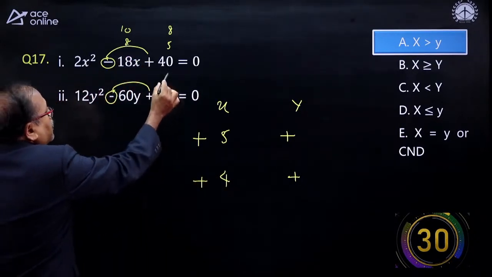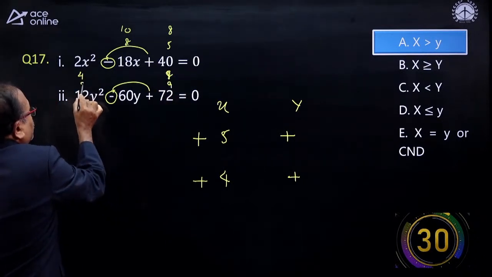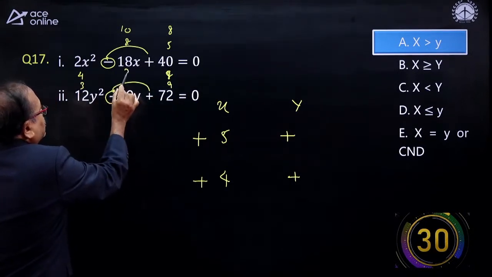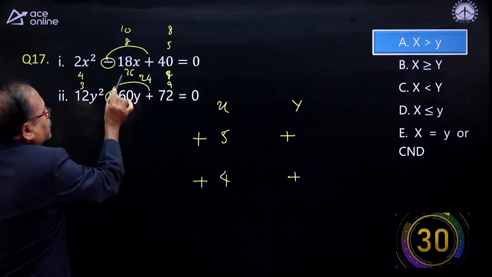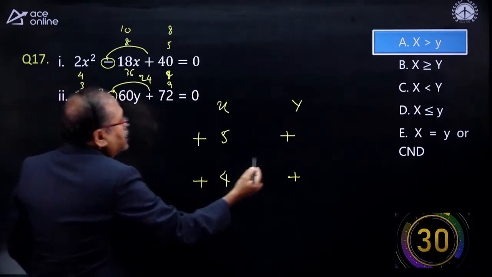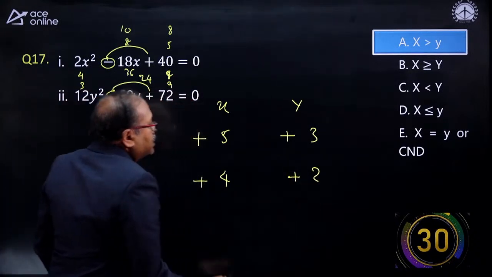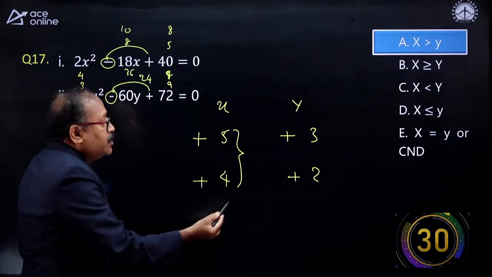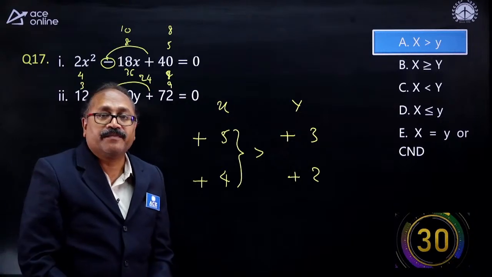Now, here what happens, can I write this as 8 and 9, and here 12, 4 and 3. So look at this part. 4 times 9 is 36 and 3 times 8 is 24. So 36 plus 24 you are getting 60. 36 divided by 12 you are getting 3, and here 24 divided by 12 is 2. So you notice that in both the cases x1 and x2 are greater than y1 and y2. Therefore, x is greater than y.